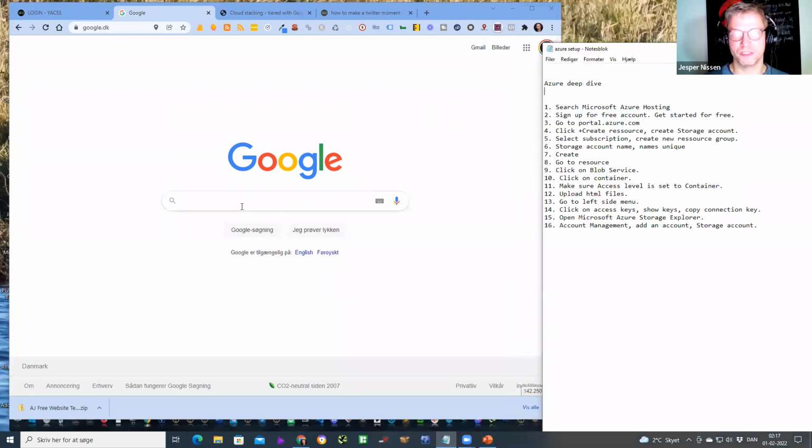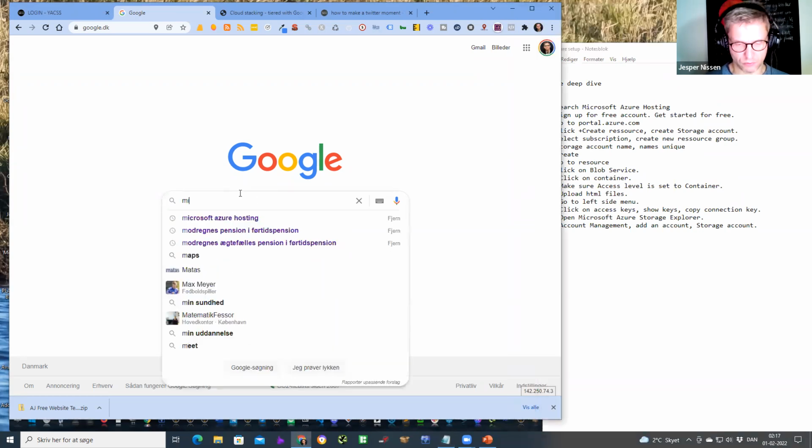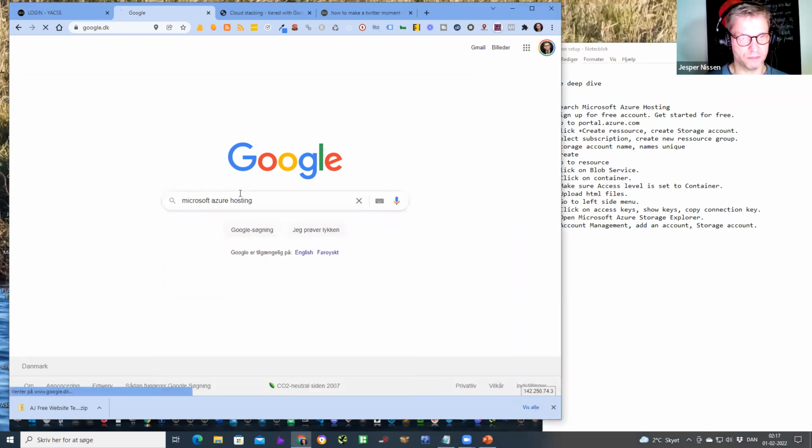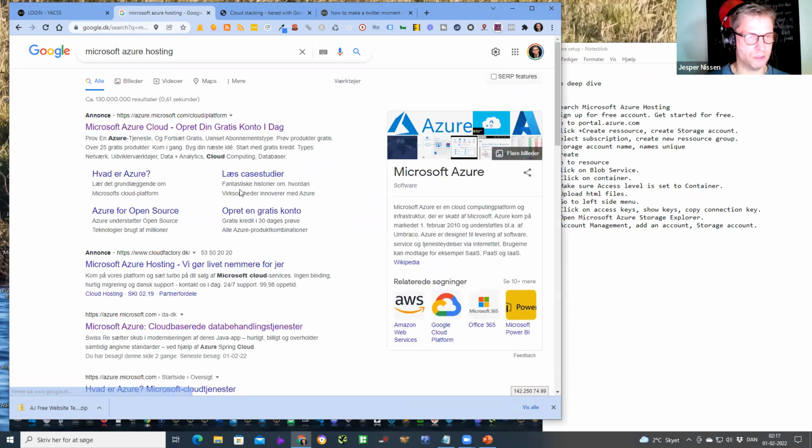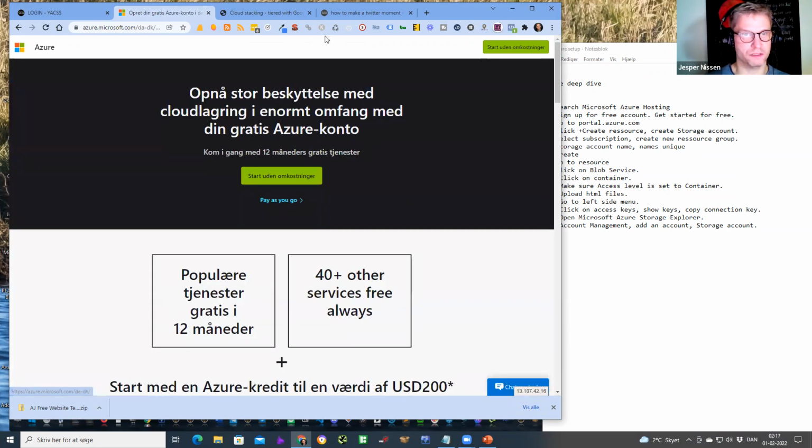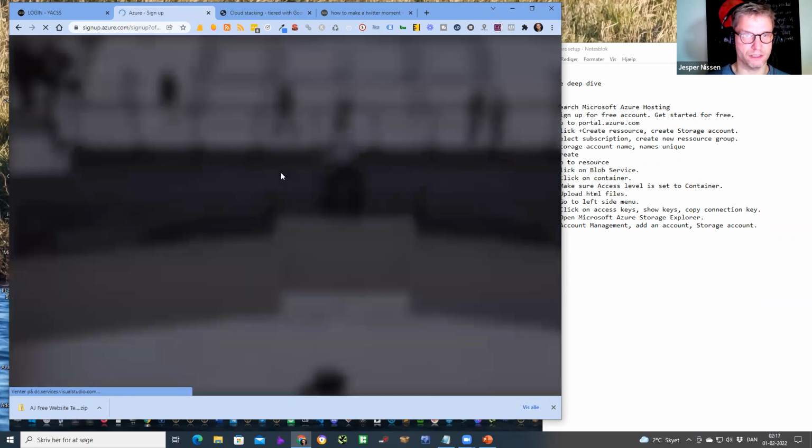So then here, I will search for Microsoft Azure hosting, and I will click on azure.microsoft.com, and I'll click on this Google Ad, so they have to pay $50 or whatever it costs them. So then I'll click on this green button, and if you are browsing from an English-speaking country, you will see that it says start for free. So you will click on it,